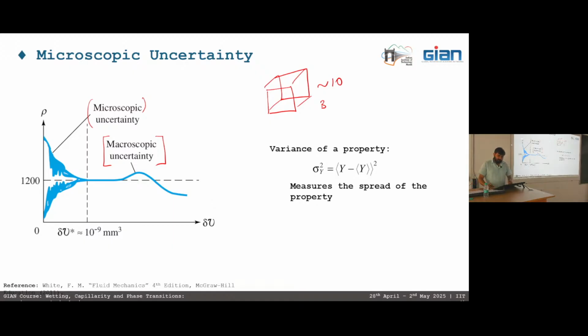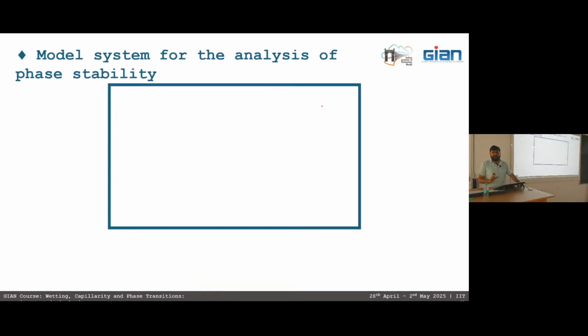So why I am discussing all this is because later we will see that these minor fluctuations might lead to the onset of phase change. That is why we are discussing these minor fluctuations, and we will talk a little bit more about the variance of properties such as variance in the number of molecules or variance in the internal energy of the system. So let us go there. But before going there, let me first define what my system is.